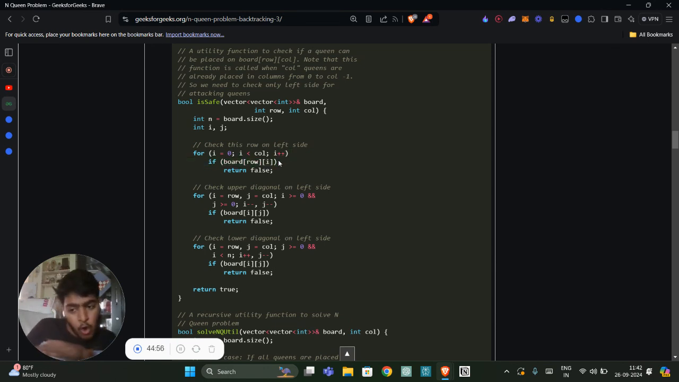for that common row, does each column have a queen? Because for that common row, if each column is having a queen, that means that these queens share a common row, which is just not a valid position. So this would result in false. In a similar way,